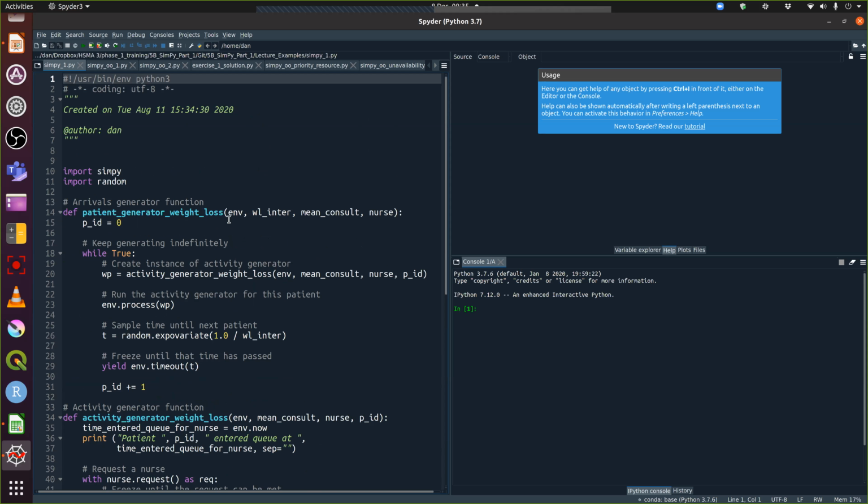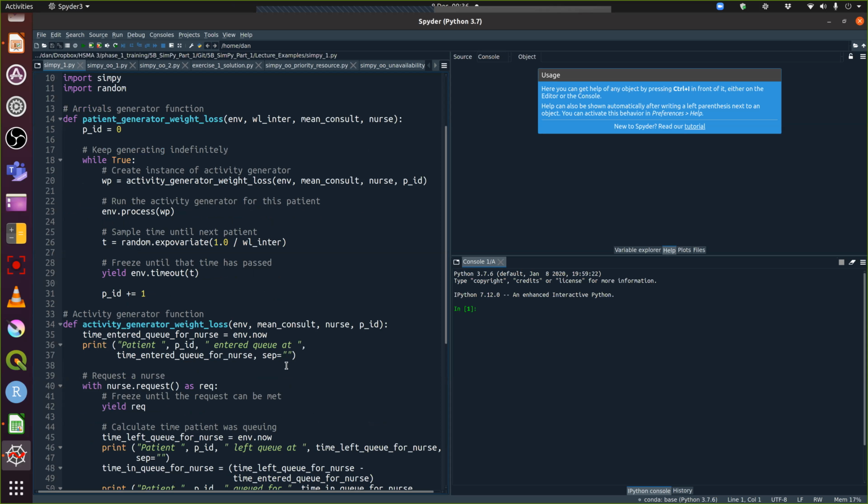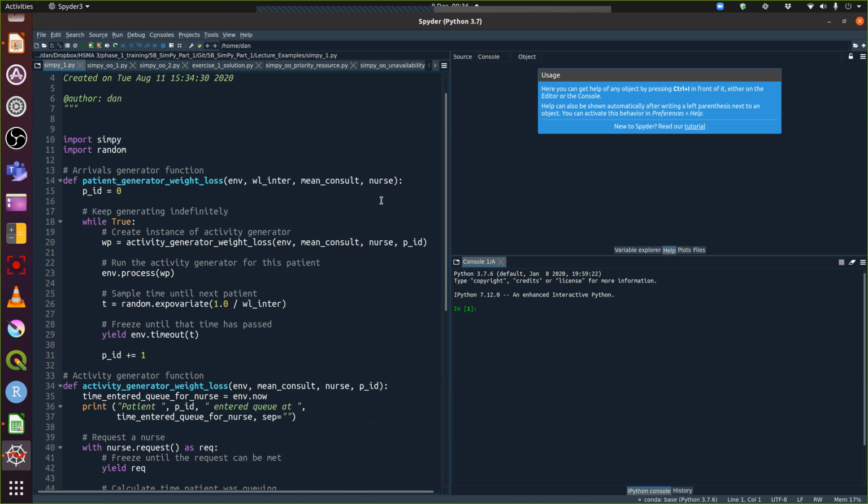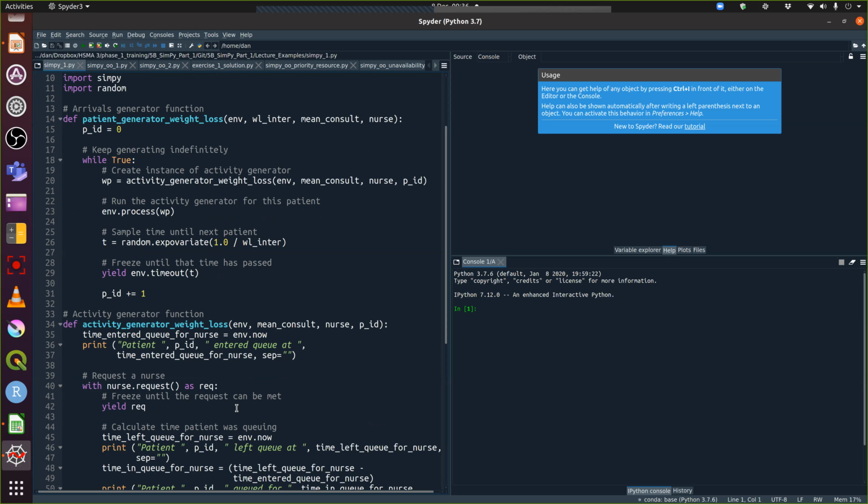Here you've got to pass the simulation environment, you've got to pass the inter-arrival time, so the patient generator knows how long between new patients coming in. You've got to pass it the mean consultation time, because it's going to need to pass that on to the activity generator to say how long on average patients will spend with a nurse. And you also need to pass the nurse as well, so that can be passed on to the generator. And that's just with one